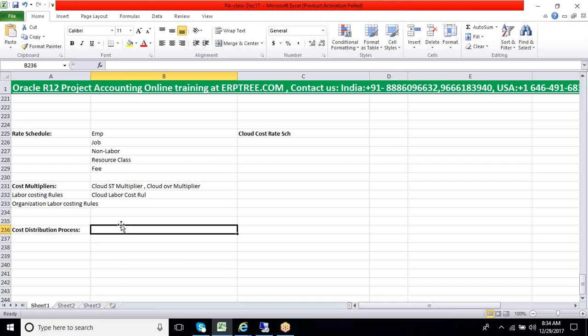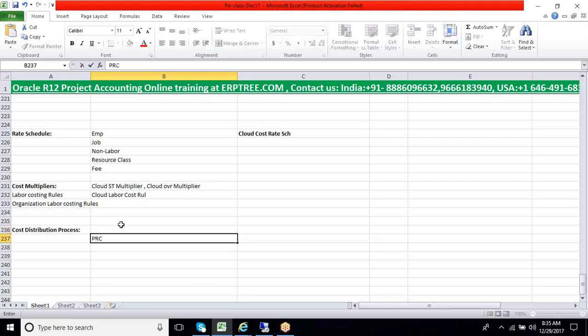Those processes are predominantly what we call the cost distribution process. For each classification, whether time card, miscellaneous, or usages and inventory, we have different programs. All the programs related to the process